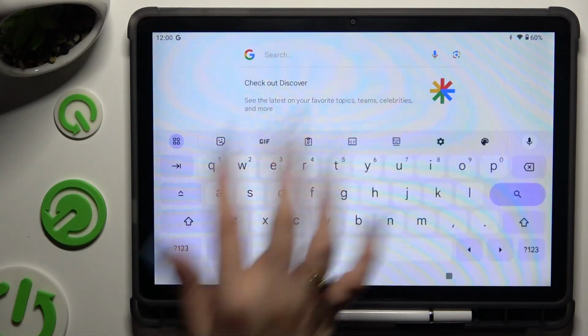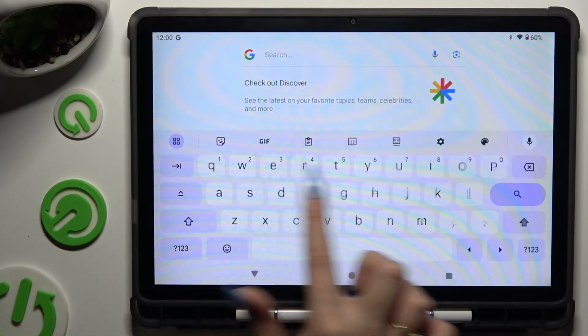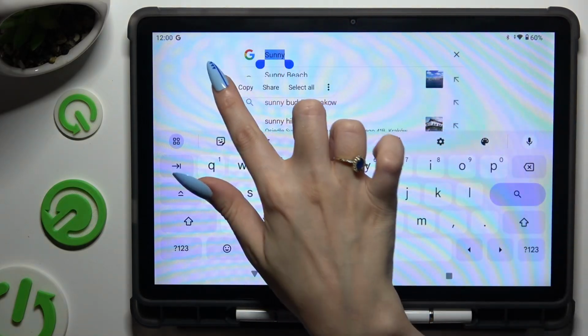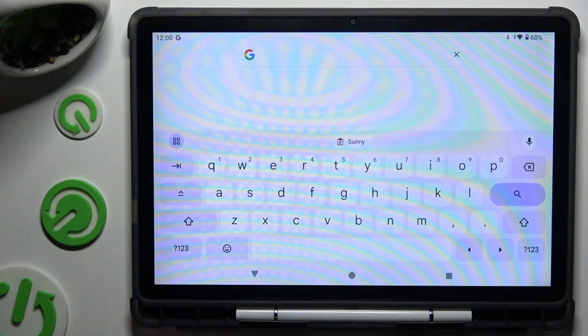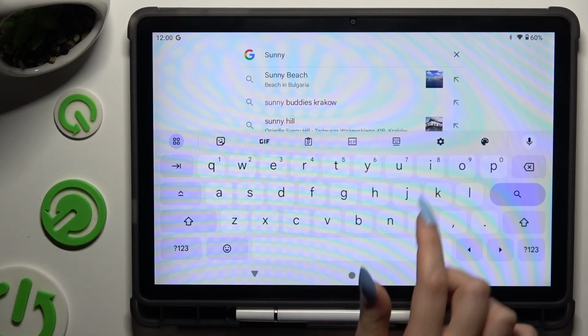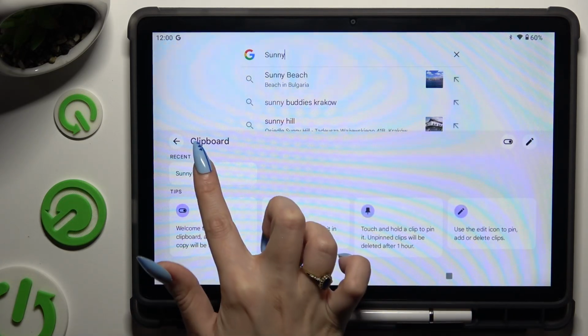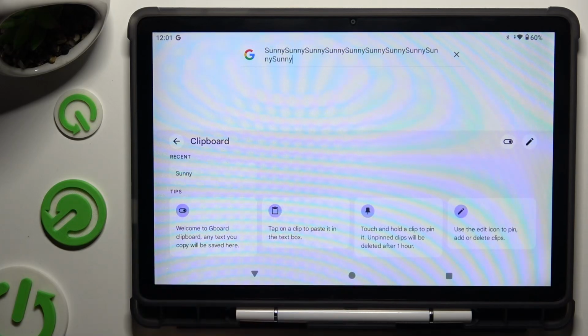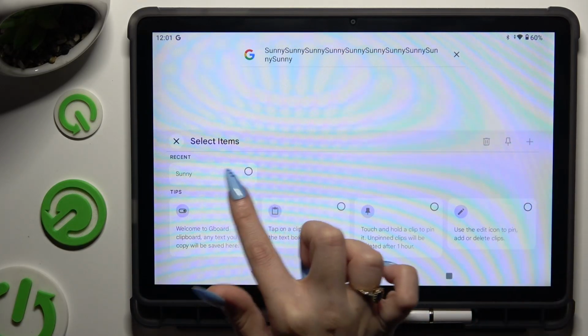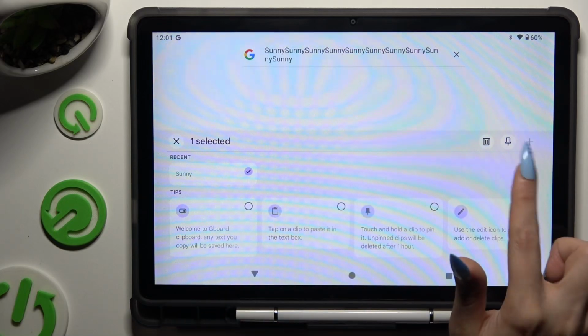top left corner. Following that, to use Clipboard you need to copy or cut any text. And to paste it, click on it at the top of your keyboard. Following that, if you want to paste it from Clipboard, just click on the Clipboard icon and click on it here. To pin it, use this pen at the top right corner, click on your sentence and tap on pin